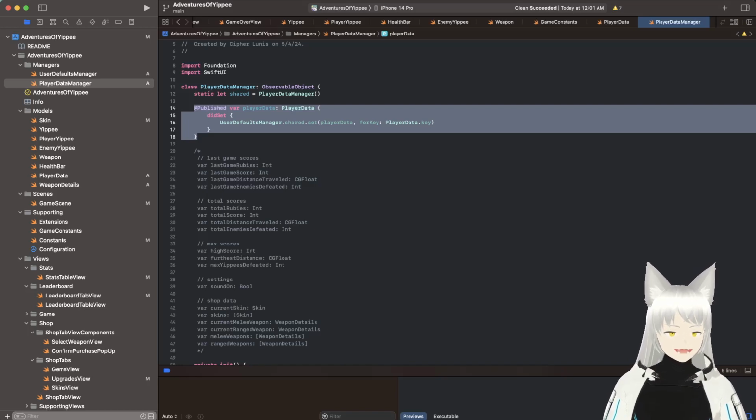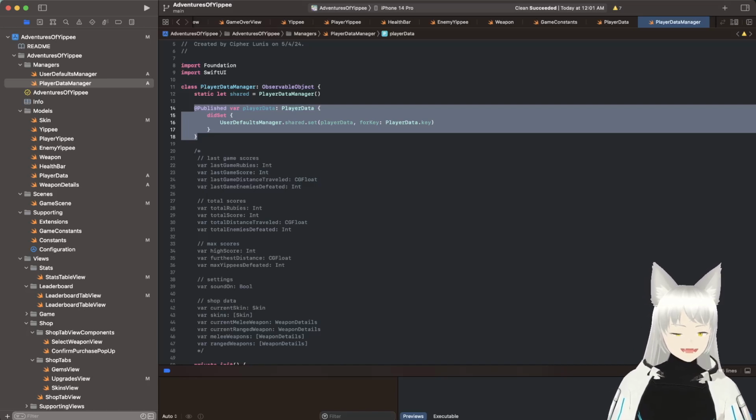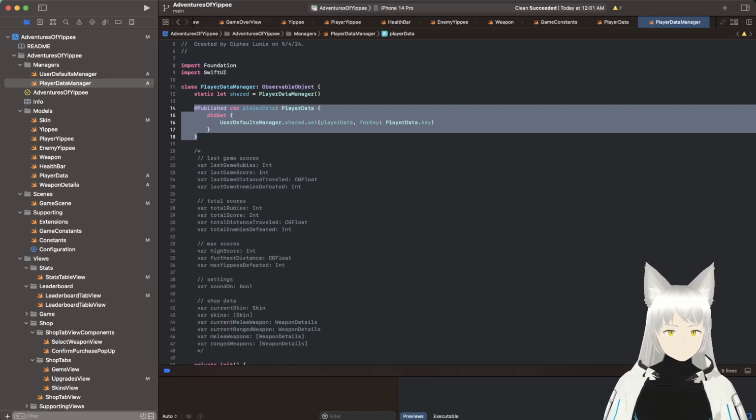Let me see. I'll reference one of my old apps, because I feel like you need to save it for the first time. But when does that happen? I'm gonna look at some things. Player data. Player data manager stuff. Yeah, we'll do a little bit of referencing of the old code to verify where we wanna